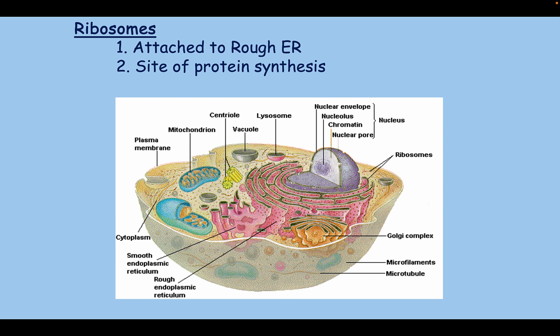Now, very often attached to the rough endoplasmic reticulum, like I just said, are the ribosomes. Remember, the ribosomes are used to make proteins. That's their job. Okay, so the job of the ribosome, which is attached to the rough ER, is to make proteins. Now, just like in bacteria, there are some ribosomes that are not attached to the rough ER, and we call